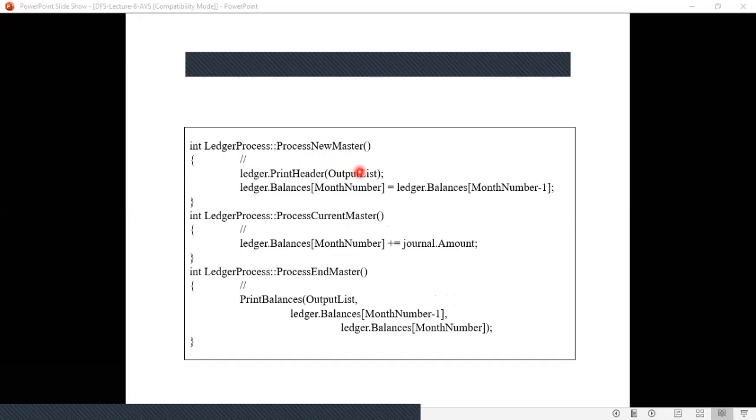This is printed in this process new master method, and then you initialize the balance for the previous month, that is, you will have the previous balance there.